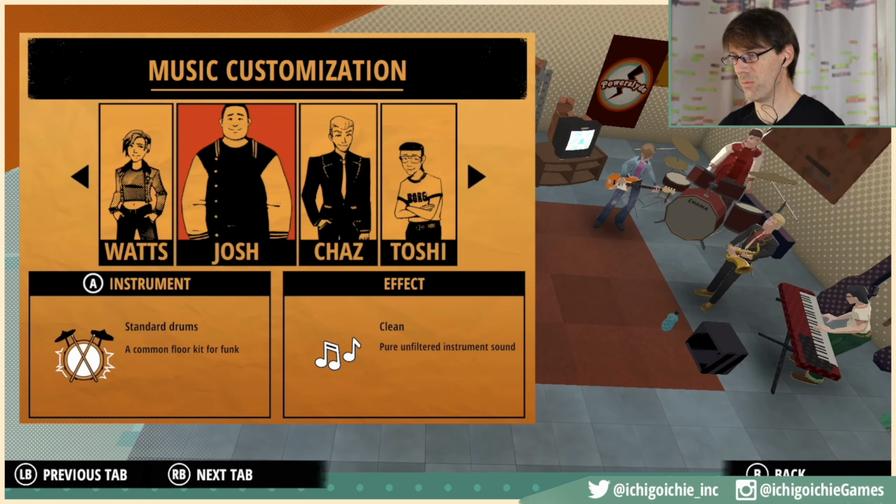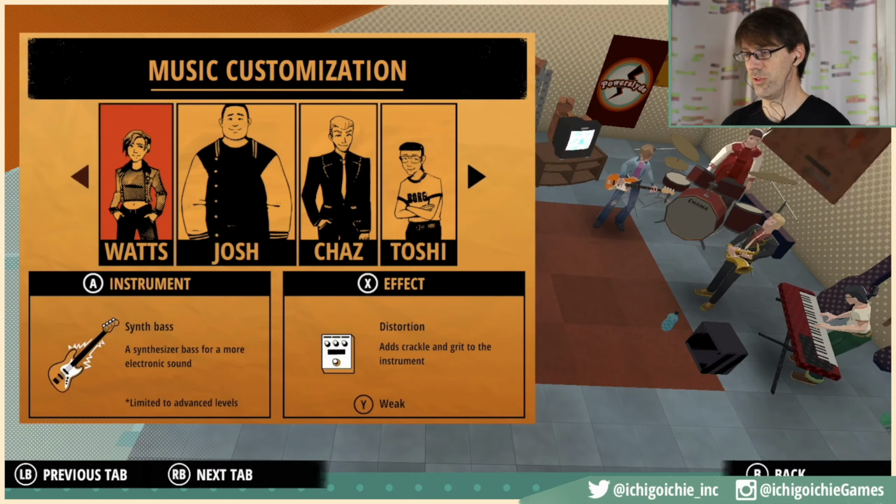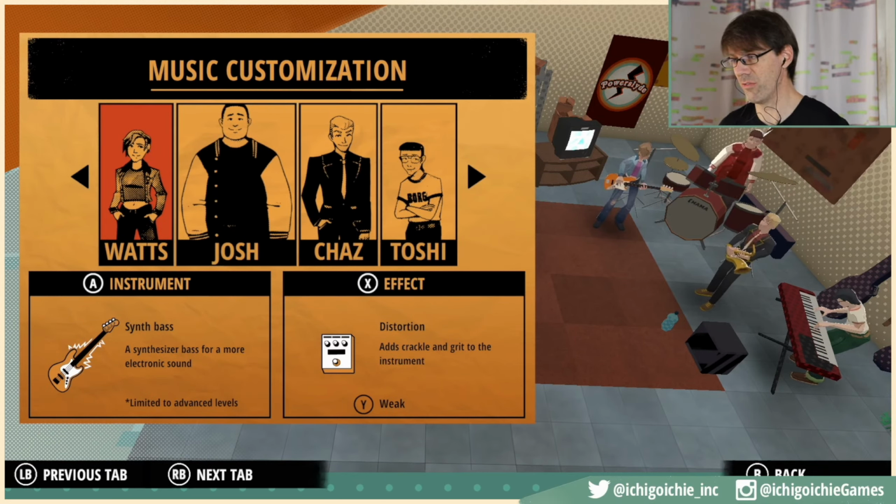So again, we have this paper flyer here, and you can change between the characters and toggle between different audio settings to customize the music. You see the band playing to the right. And this is also supposed to feel like the garage where they practice inside of the game, so it gives that feeling where you're sitting there with them and setting things up before you go onto the journey.